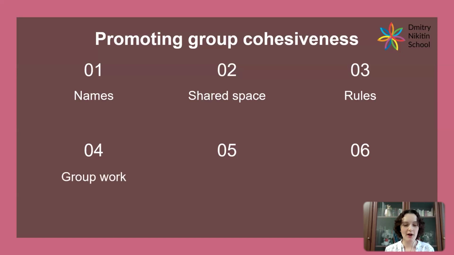Then, of course, group work, any kind of pair work, any kind of work in small groups that you offer in your classrooms. Remember, this is not you being lazy. It's not just an opportunity for a teacher to have a 30-second breather in the middle of a class. Group work is crucial for forming these connections, the more they are in touch with one another. And I know that Dimitri has probably talked to you about this, about how if you like someone, spending more time with them makes you like them more. And if you don't like someone, spending more time with them will make you dislike them less. Right? So that's also great for group cohesion.